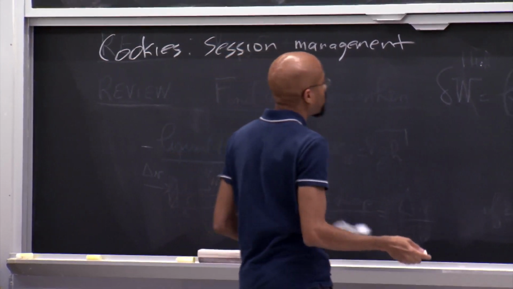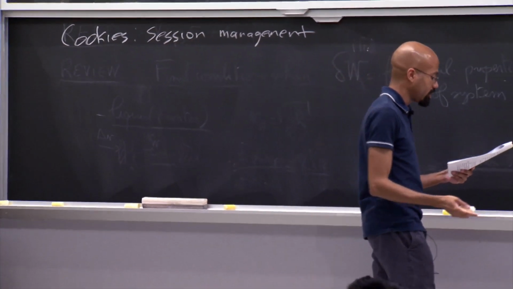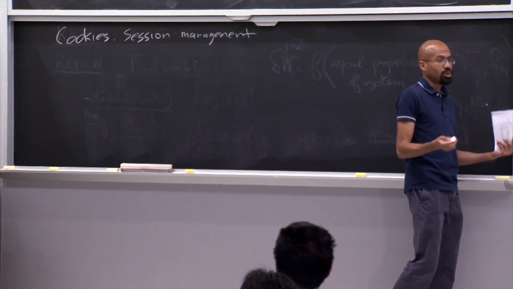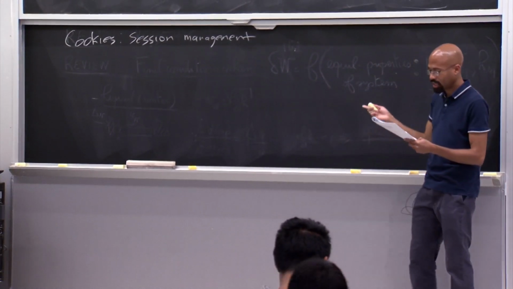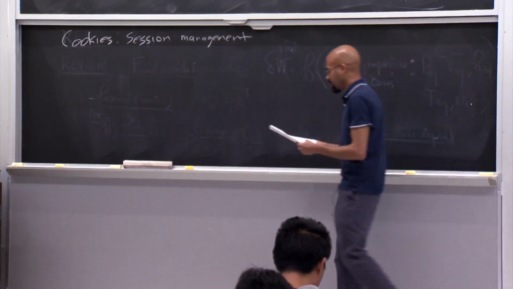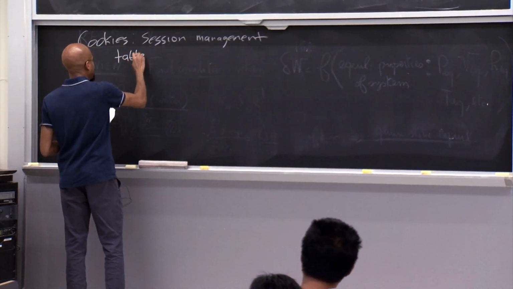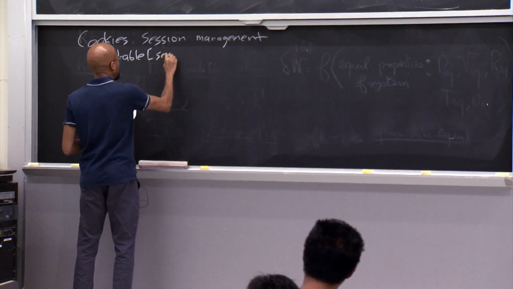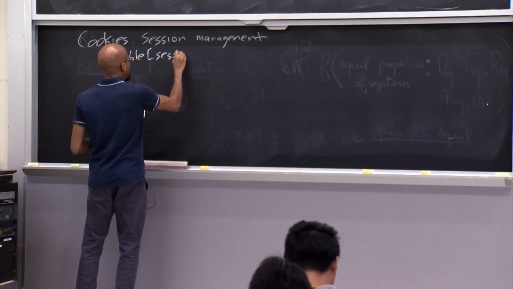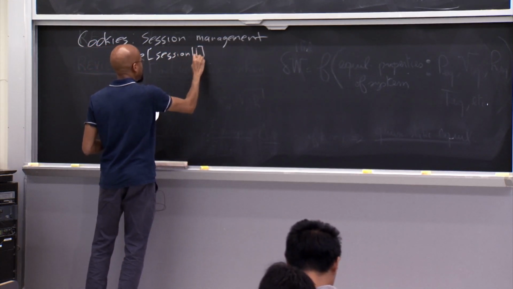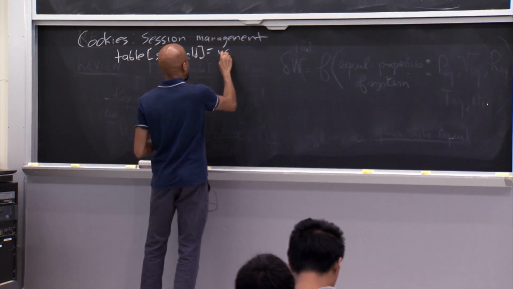And so a lot of frameworks like Django, like Zoobar that you see in this class, actually put a random session ID inside the cookie. And so the idea is that this session ID is the index into some server-side table. So you just apply the session ID there, and this is where your user info lives.